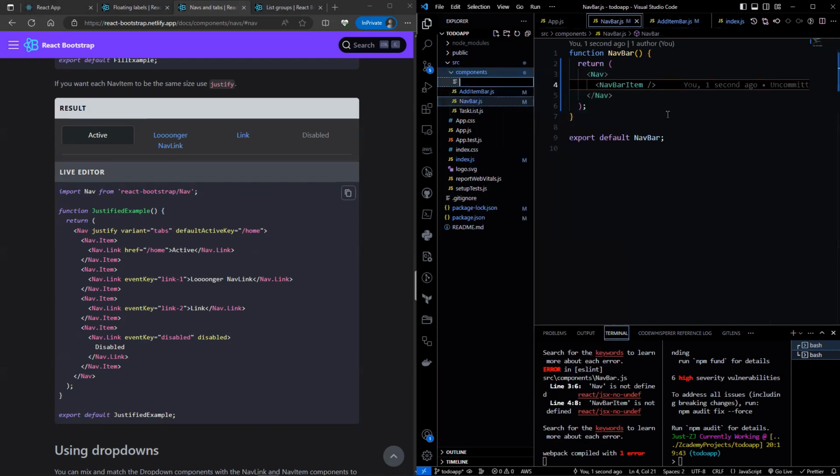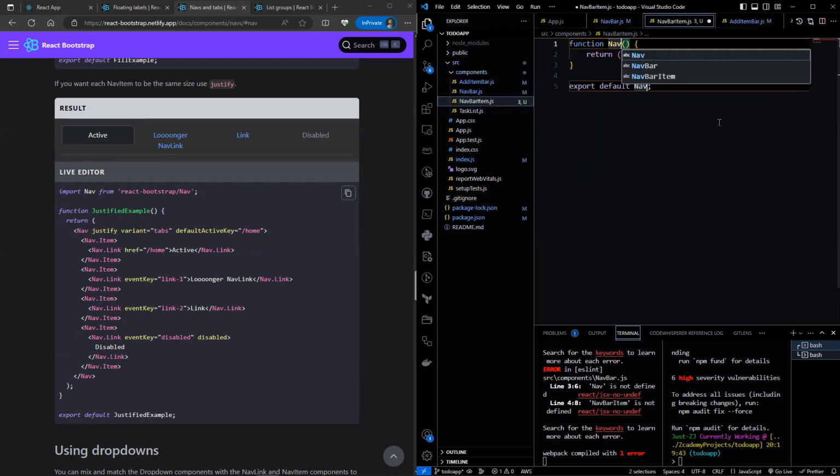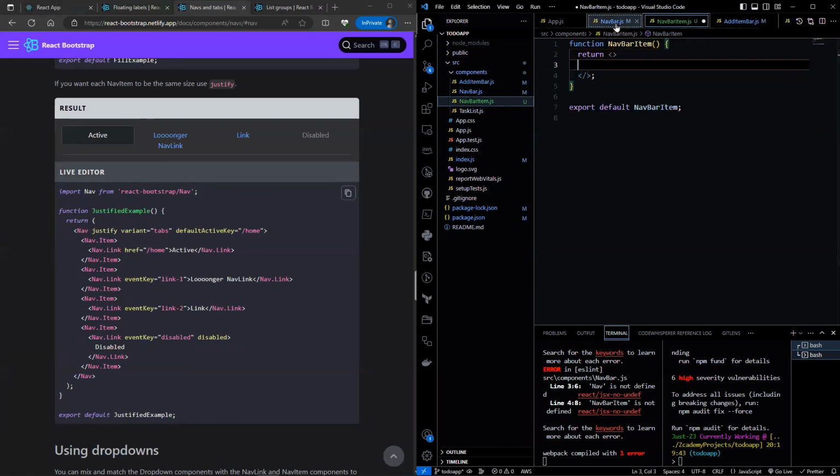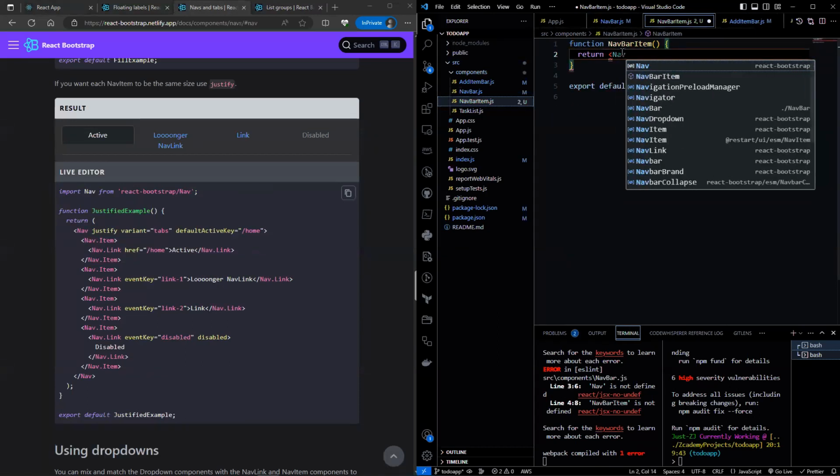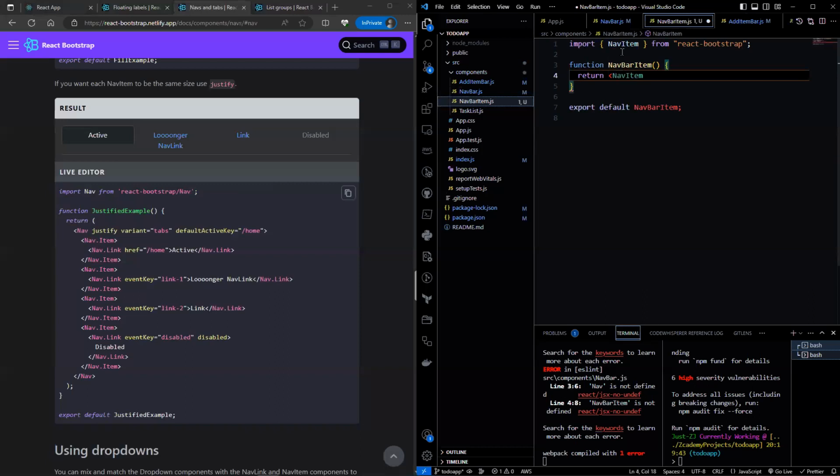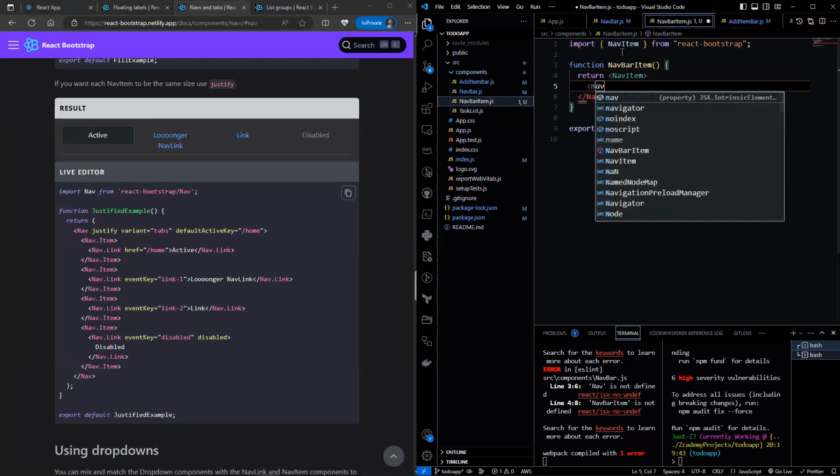Let's create this component. In this NavBarItem, let's have a Nav.Item, open Nav.